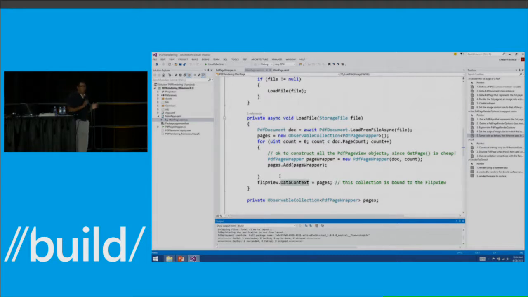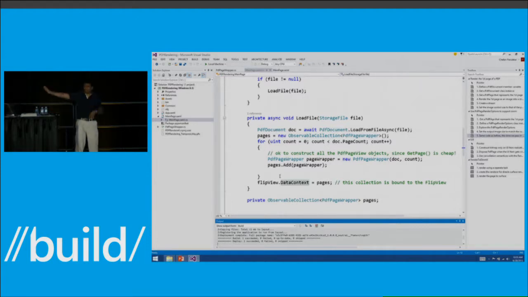So here's a question. If in managed code you've got a class which has unmanaged resources that it is holding on to, what's the design pattern that we should use? Disposable, excellent, thank you. Simple question, yes. So we do implement the disposable pattern on the PDF page object. So the idea is, once you're done with the page, let's dispose of it.